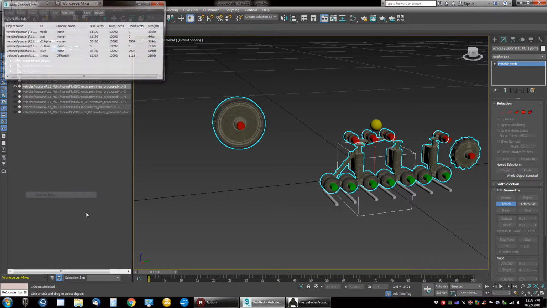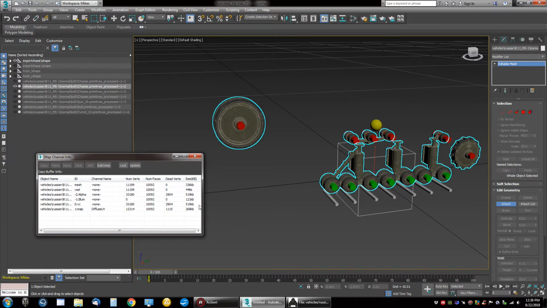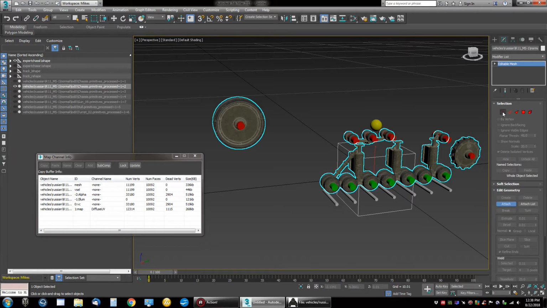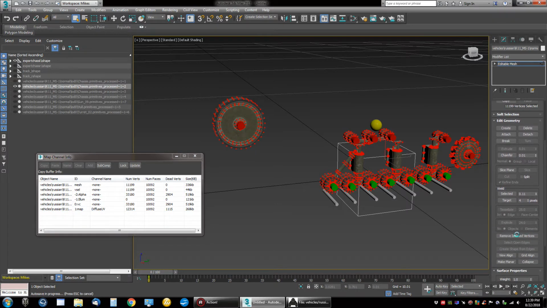Go down here to the channel info, you'll see that we have a bunch of dead garbage because I split that off and then reattached it, and it left a bunch of junk in here. So I have tried a lot of different things here. Move isolated vertices doesn't work. Just doesn't do it. You select all of these. Move isolated vertices. Still all here. Can't get rid of it that way. What does work